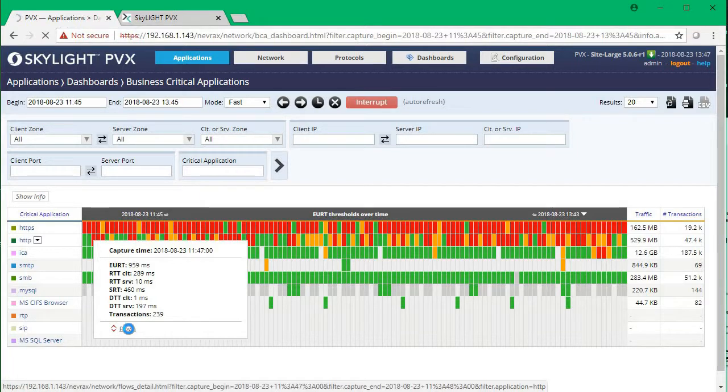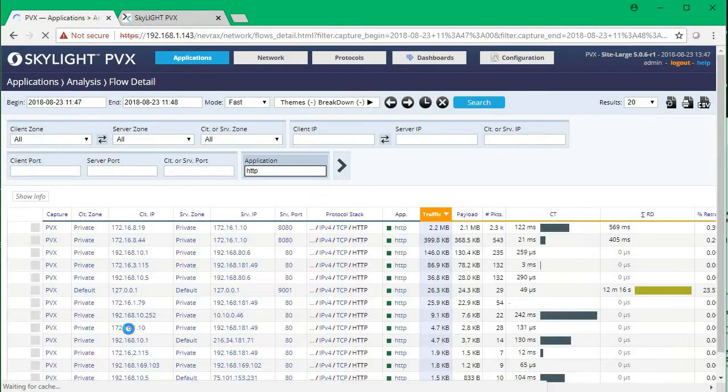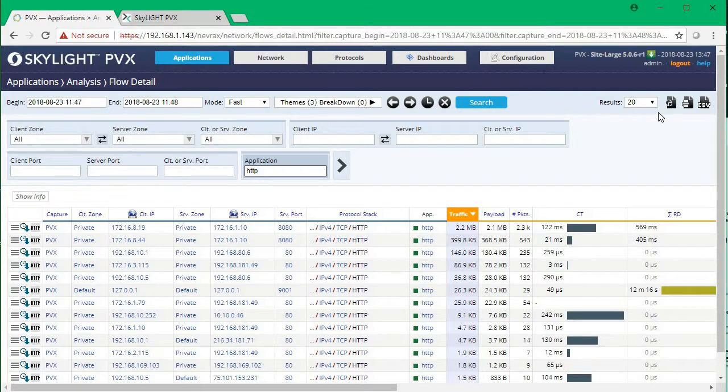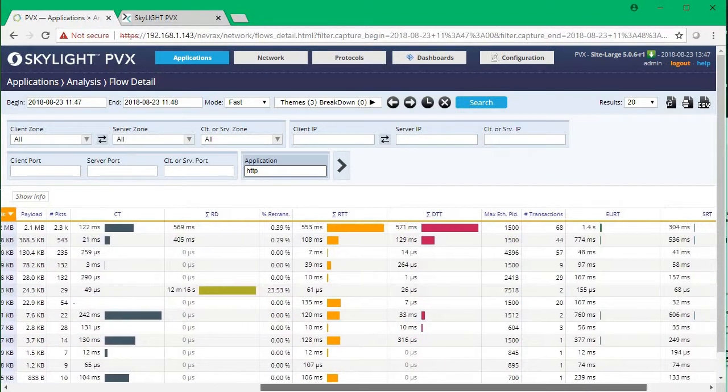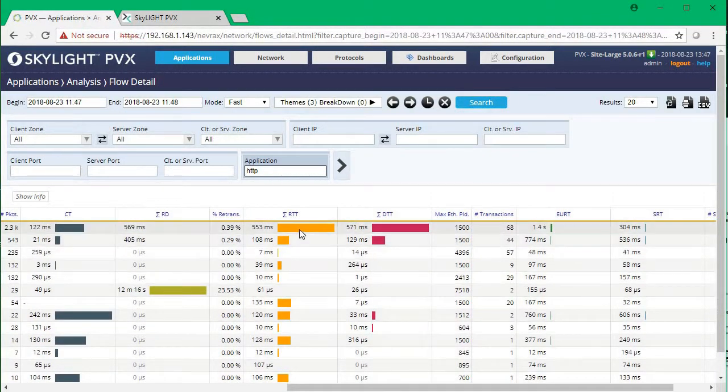the flows of that particular time span, and we can see kind of what's going on, the amount of traffic moved between client and server. Here's the client IP talking to the server IP. Again, the protocol stack HTTP, how much traffic was moved, how many packets, etc. We can sort on round trip time, and we can see in this case the longest round trip time 533,